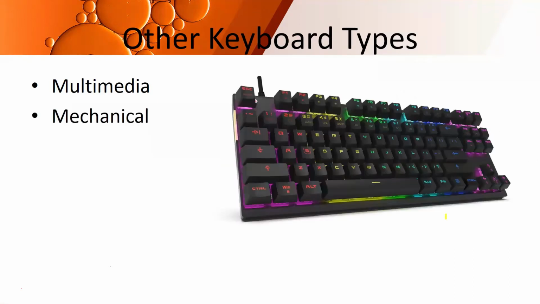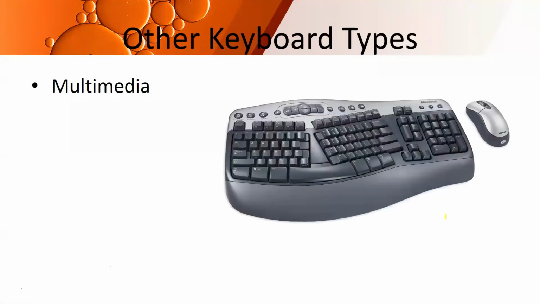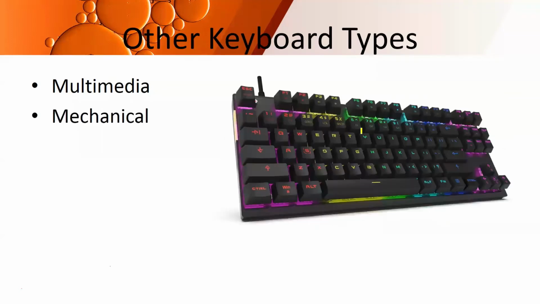Now normally the usual keyboards which you have, they have soft keys. Under the keys you find a small printed circuit board on which there are connectors which are soldered into rubber. So this creates a contact. Whenever you press a key, it creates a contact with the PCB, and that is how keys are interpreted. But there are certain keys which are mechanical keys. Instead of a soldered rubber contact on your printed circuit board, they have small switches below them, because of which you can hear a click sound. So these types of keys are basically used for gaming.